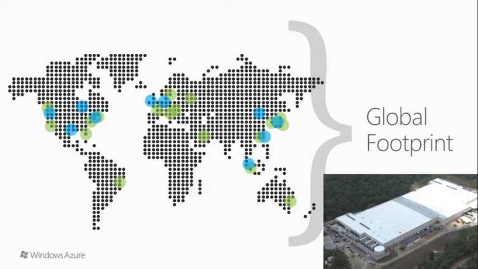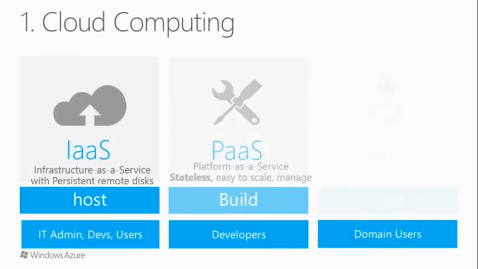Some of these data centers, as you can see, are extremely large, and they cover many football fields' worth. The cost can range from hundreds of millions to billions of dollars for these data centers. They're usually located very close to electricity sources that are cheap. That also allows us to keep the cost down and pass that saving on to our customers, many of them internal, such as Bing and Office 365, and many of the other services that run on Windows Azure continuously and every day.